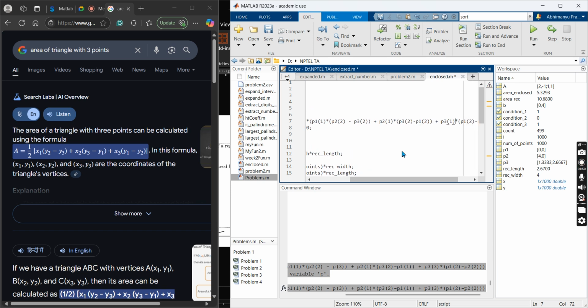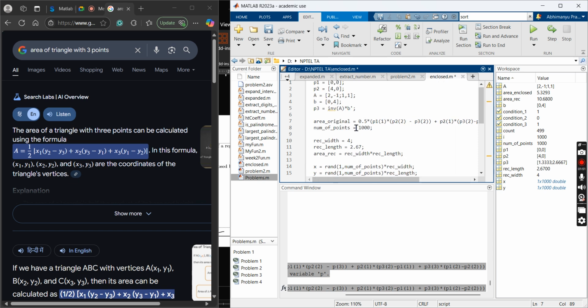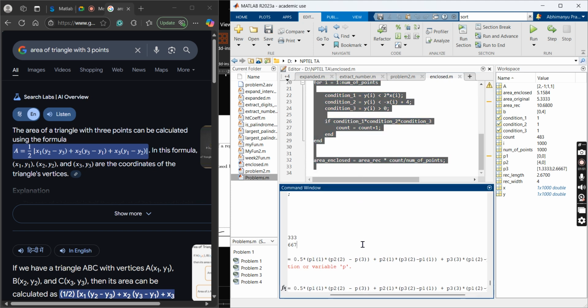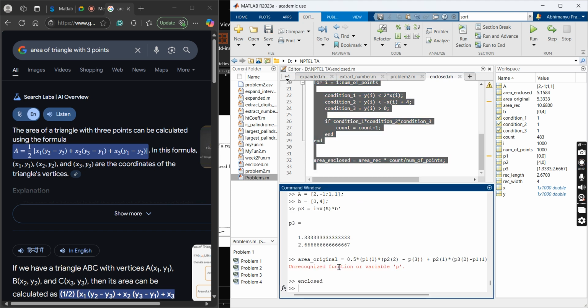Then P3 x coordinate, P1 y coordinate, P2 y coordinate. We close this bracket. And fine. So now that runs fine. So we get the original area as,